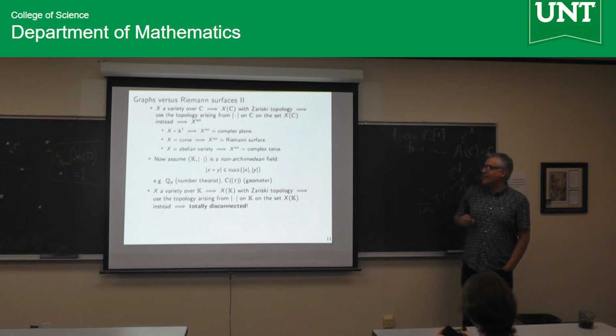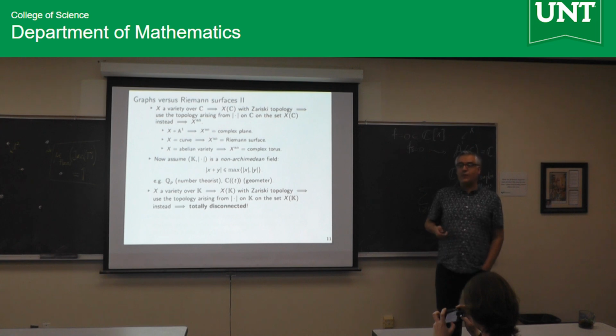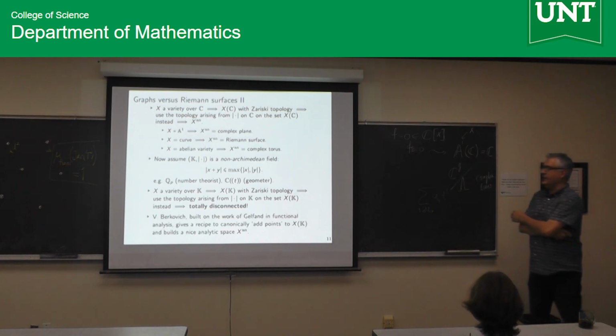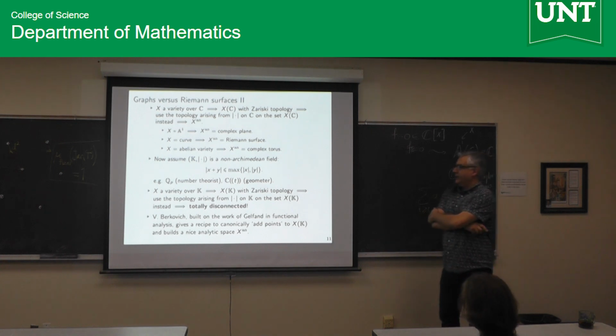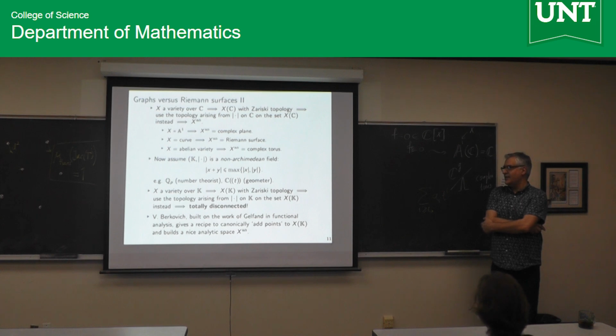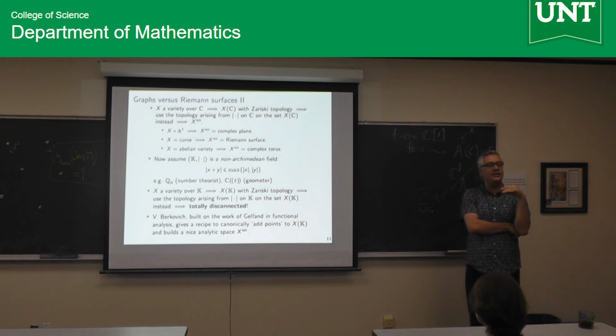You were trying to fix the analysis question, the question of whether Cauchy sequences converge or not. You fixed the topology with the same snap. That shouldn't have happened. And there are different solutions for how to fix this. The one that I'm going to talk about, and is very useful from my point of view, is a solution due to Berkovich, which says essentially there is a very natural way to add points. This totally disconnected space misses some points, and there is a canonical way to add points and fix that.